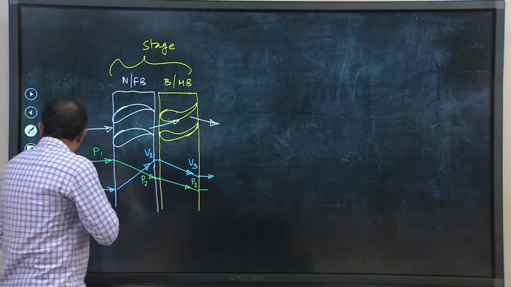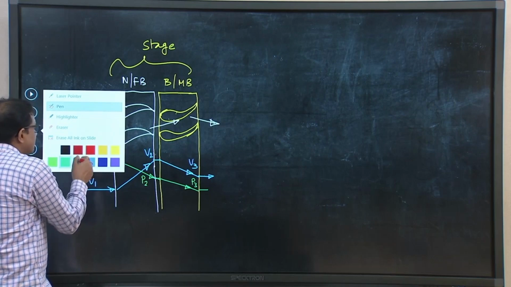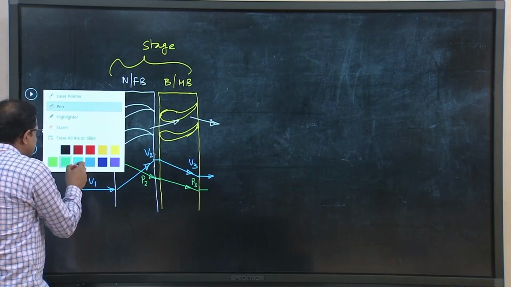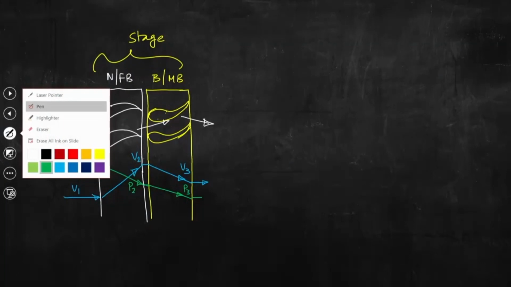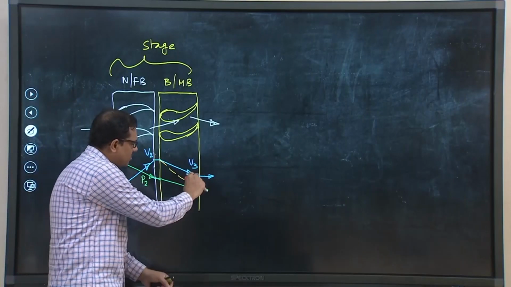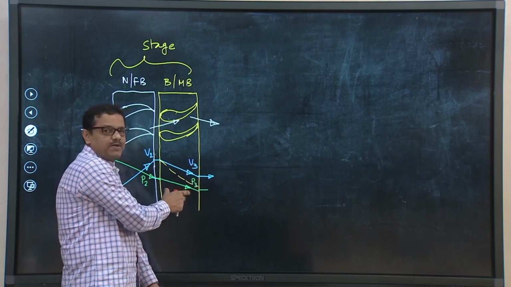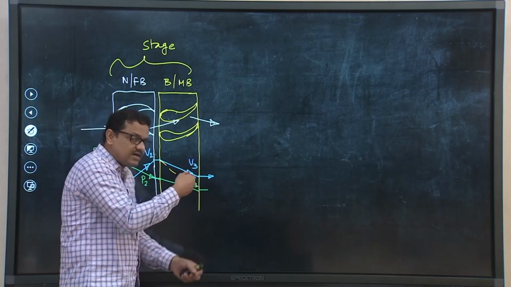Now, let us consider a case when there is no pressure drop inside the first row of moving blades. In such a case, the steam velocity would have been like this. So, that means it is because of this increase in velocity of steam, because of this drop in pressure, that